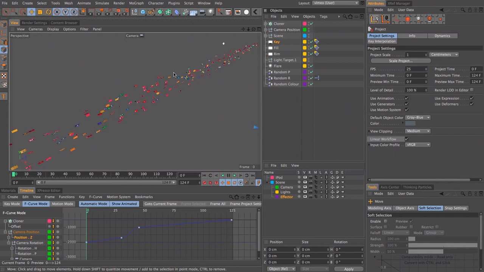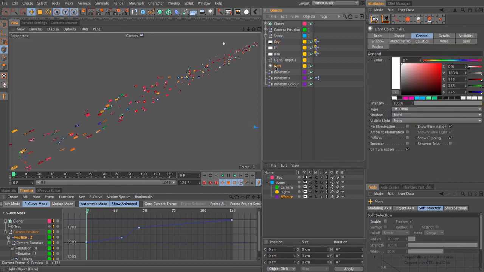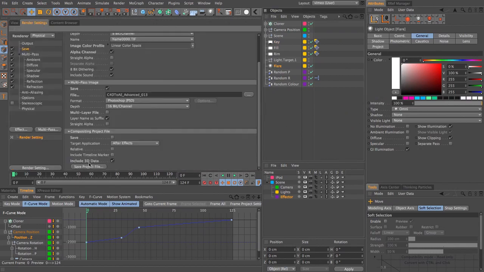And the thing is as well with the AEC export from Cinema 4D is that it has a huge amount of information to collate. If you think that it has to output the position and rotation values for every single object and every single frame, and each of those has got 3 values, when you've got thousands of objects, you're talking a huge amount of information that it has to collect, and it can mean that the AEC takes a long time to generate. It can take several minutes, and sometimes you just want to pop back in and output the information for something really quickly. You might just want to come back and grab this flare and output the information for that. So what I do to get around that is very often I won't enable save in the